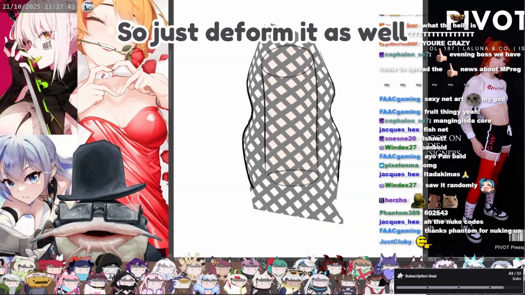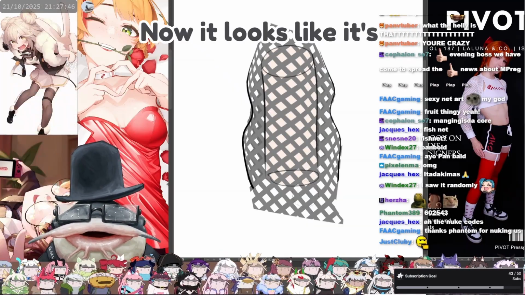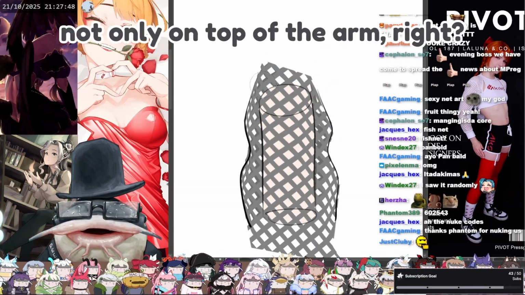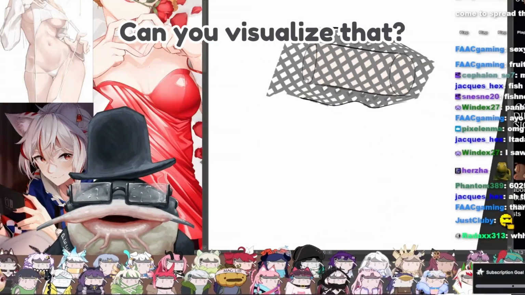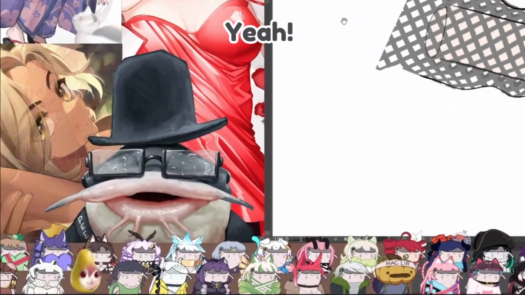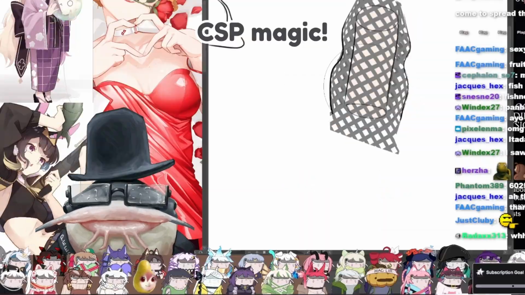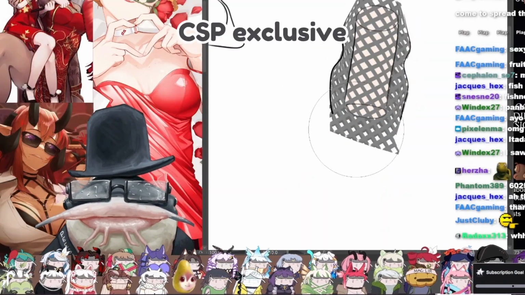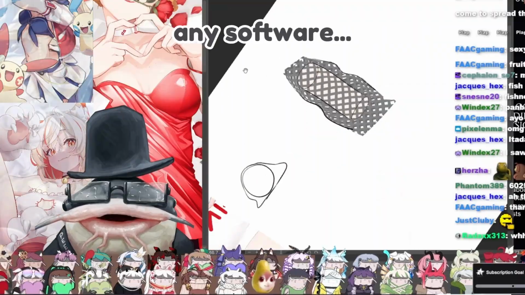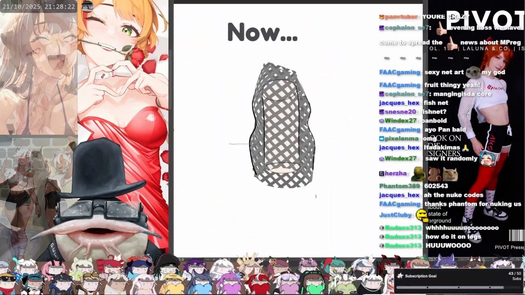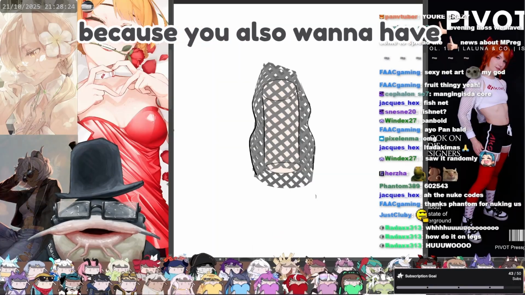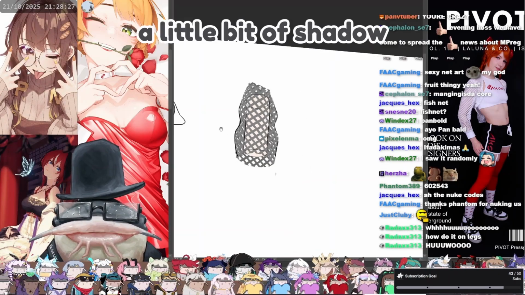So just deform it as well, kind of like that. Now it looks like it's wrapping around the arm, not only on top of the arm, right? Can you visualize that? Yeah. CSP magic. Nah, this is not CSP exclusive. You can do it in pretty much any software. Yeah, there you go. Now, this is not yet finished because you also want to have a little bit of